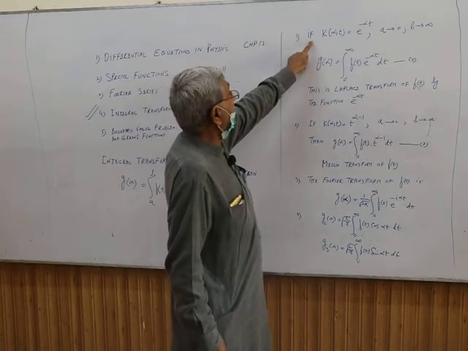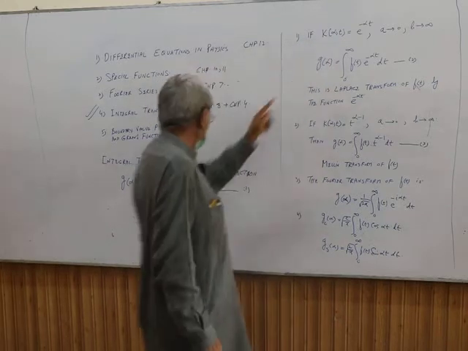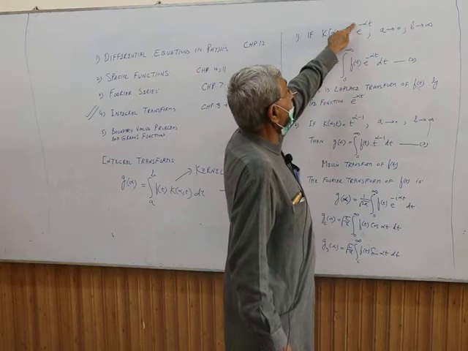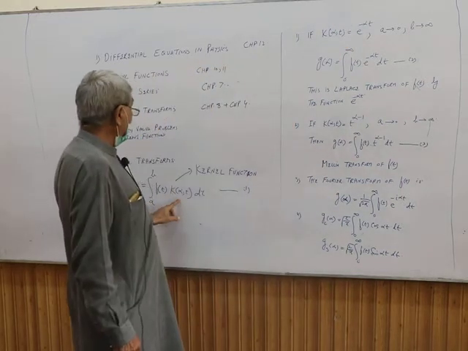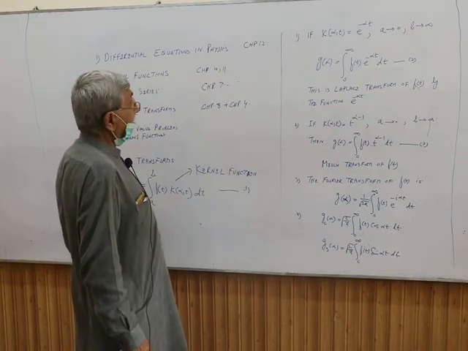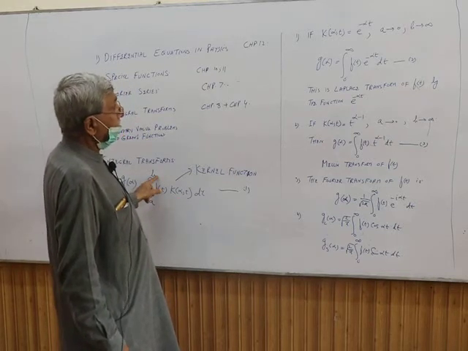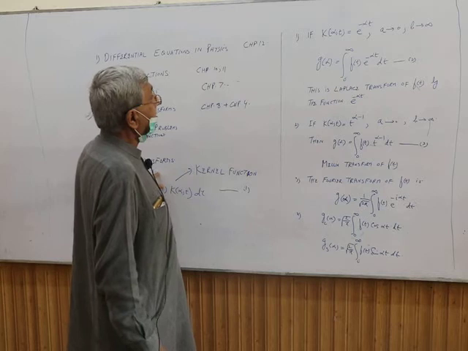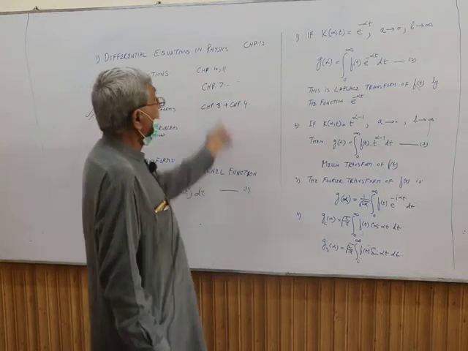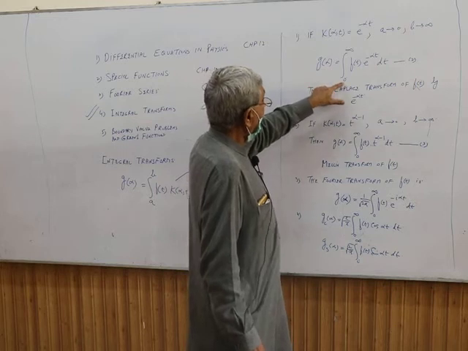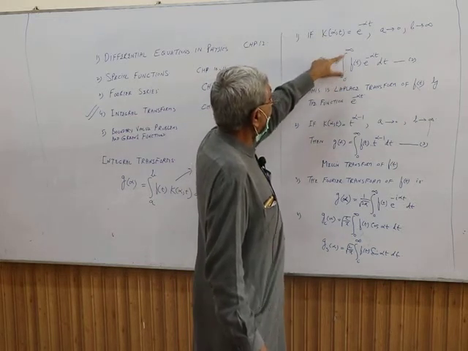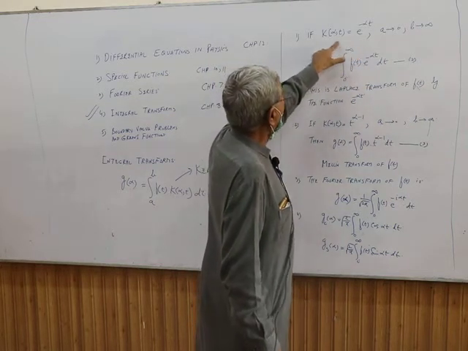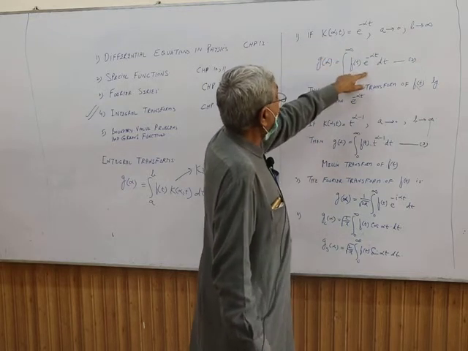And look here, I am saying if k(alpha, t) is equal to e raised to minus alpha t, a tending to 0, b tending to infinity, then this expression reduces to g(alpha), because a is tending to 0, b is tending to infinity, is the integral 0 to infinity, f(t) e raised to minus alpha t, because you have substituted k(alpha, t) as e raised to minus alpha t